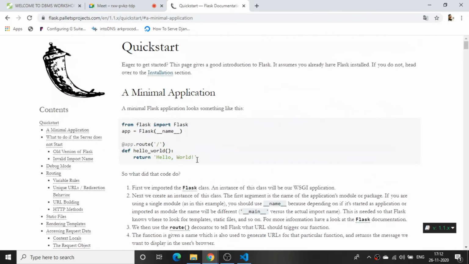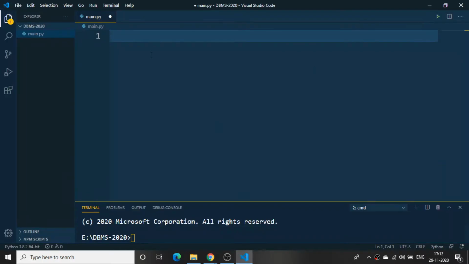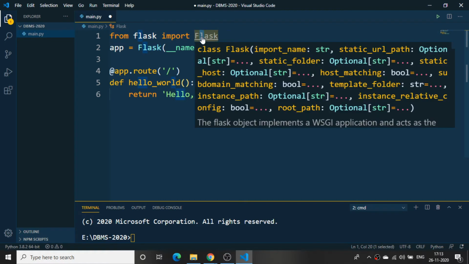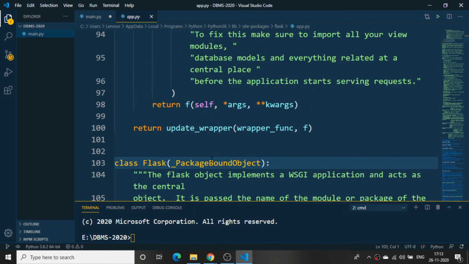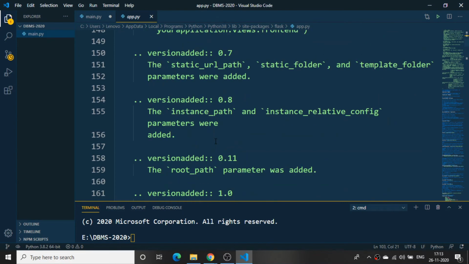I will copy this one and show you how it works. I'll copy from here, come back to your main.py file and paste it. Basically, the code written here says from flask import Flask, where we are importing Flask. If I press Control and click here, you can see the documentation of Flask, whatever code has been written, opened here. You can see a number of codes they have written.